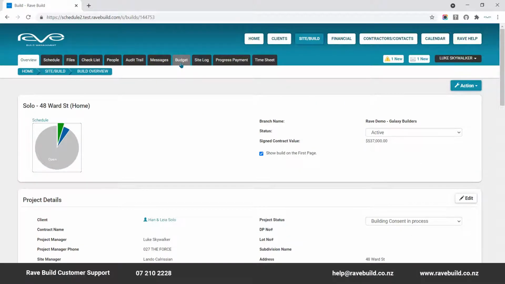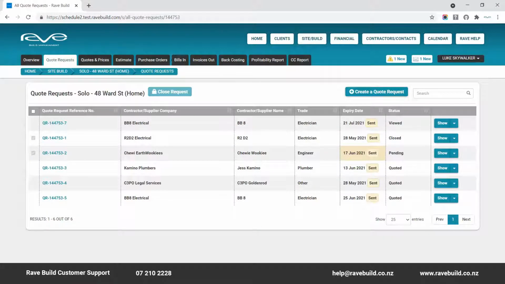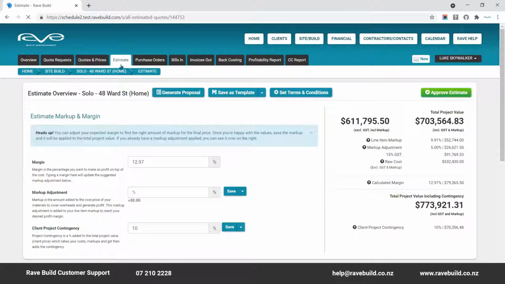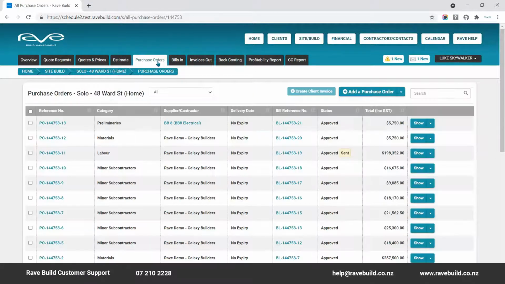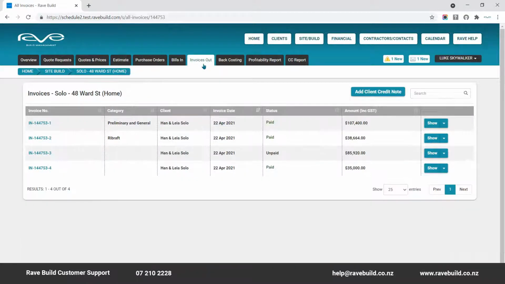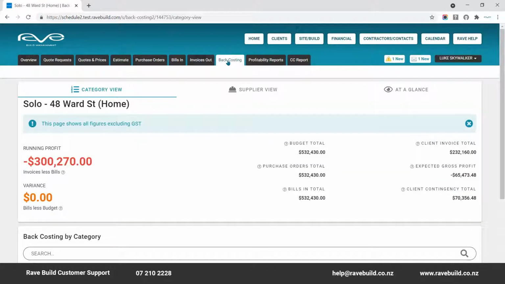You can access a project's financial management system by clicking on the Jobs Budget tab. Once here, you'll see an easy and logical workflow, starting with sending your quote and tender requests out, receiving your quotes and tenders in, building up a client estimate or proposal, creating purchase orders if you use them, receiving bills in, and sending client invoices out, plus real-time project back costing reports,